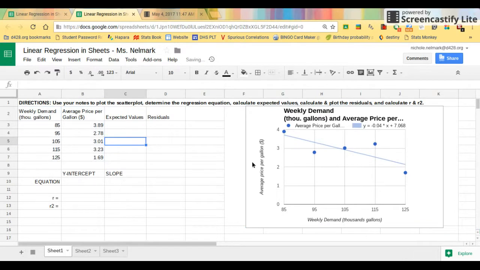From there, I need to figure out what my expected values are. So we have our equation right here that we can use to calculate our expected values. How we're going to do that is we're going to set up a Google Sheet formula. So we're going to start with equals, and we're going to type in negative 0.04, because that's my slope over here,